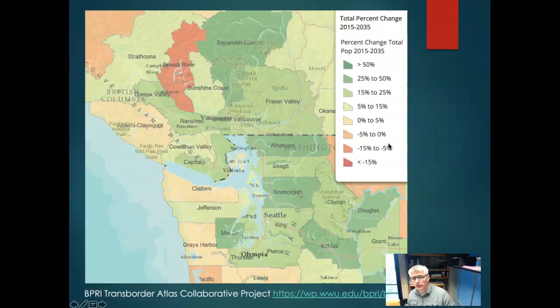I think this one's a bit more interesting. This is the percent change, and so that's also what we were trying to look at, is where are the fastest growing areas. And Whatcom County is a real hot spot for fast growing, as is Snohomish as people commute further. But Whatcom is an area that's likely to keep filling in, particularly now we're seeing people commute from Vancouver to Whatcom and Whatcom to the Seattle area, particularly with telecommuting, or individuals that work in the tech sector that don't necessarily need to be at their desk every day.